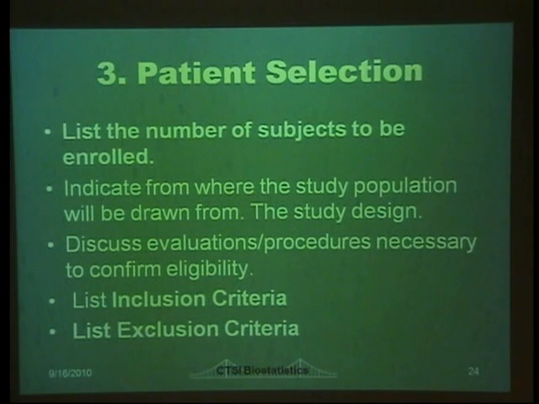We want to discuss how we're going to evaluate these patients to confirm they're eligible. So if this is particularly something in a prospective trial, we may have certain blood tests or certain things that we need to measure or check on the patients to make sure that they're eligible for the test. Females, we have to make sure that they're not pregnant if we're going to be giving them something. So whether we want to just ask them or give them a test or something,